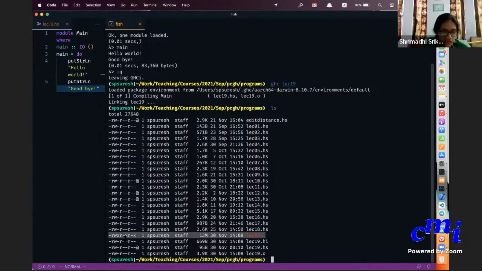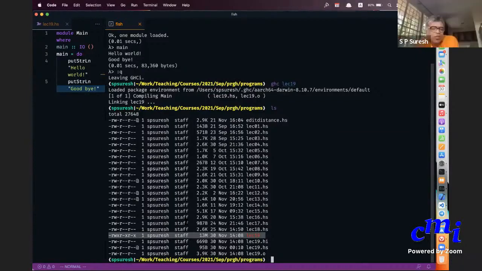Yes, sir. So what does it mean? It means that this program has execute permissions. That X there means execute permissions. Whereas in other things, you will only see rw-, r--, r--. Those are simple text files. Those do not have execute permissions. This is an executable, as they say. So you can run the program.